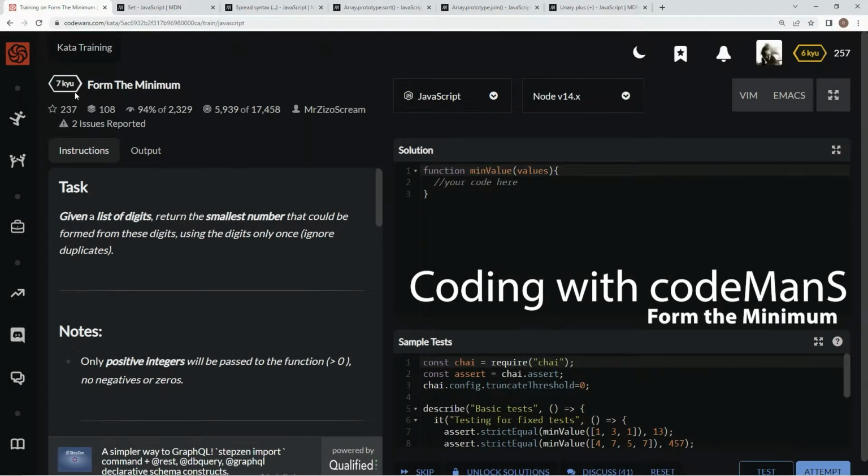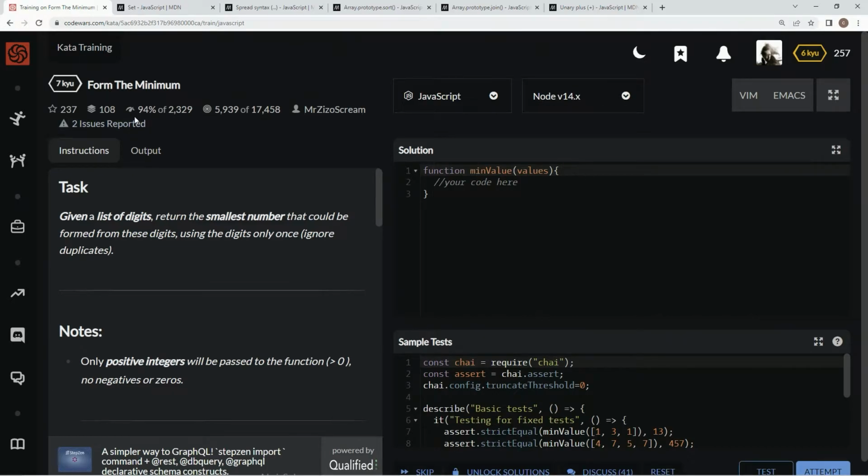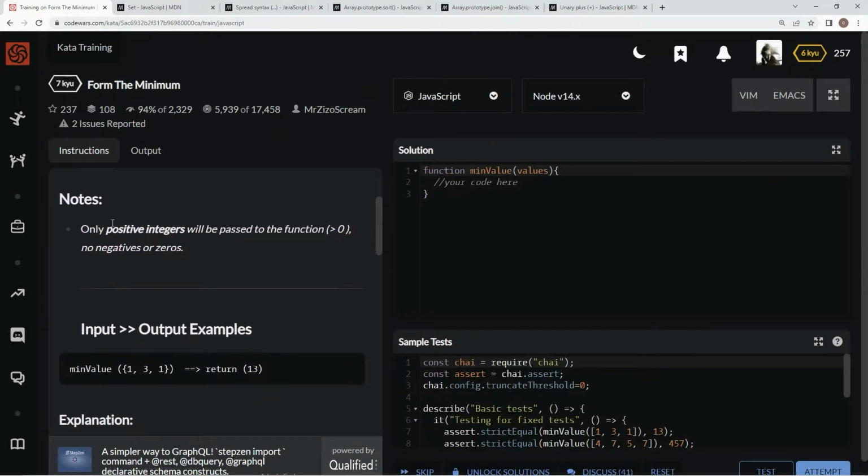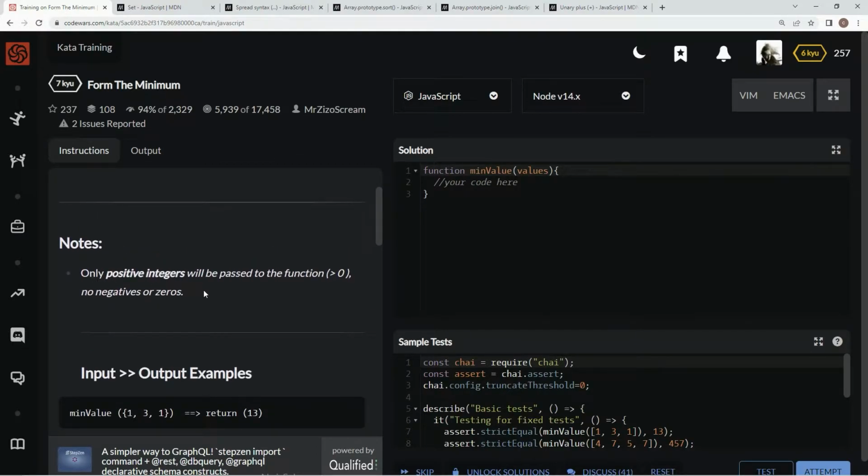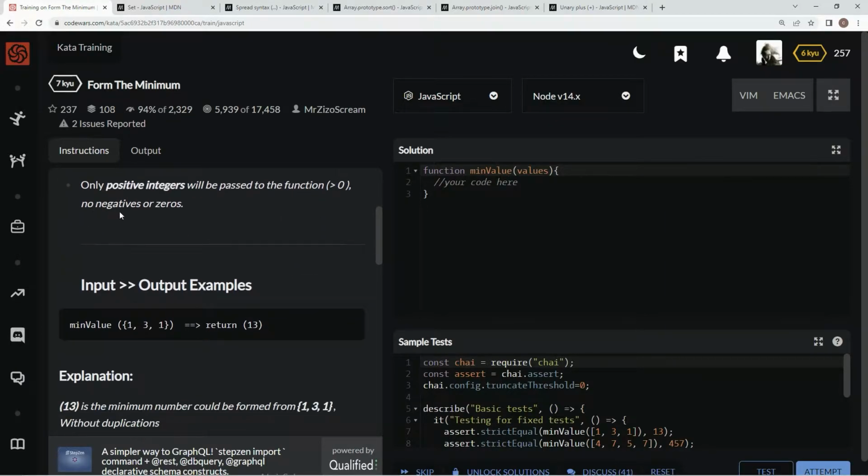All right, now we're doing 7Q, form the minimum. This is by Mr. Zizo Scream, and 94% of people like it. We'll be given a list of digits. We're going to return the smallest number that could be formed from any of these digits, using the digits only once, and we're going to ignore duplicates. Notes: only positive integers will be passed into the function, anything above 0, so there will be no negatives or